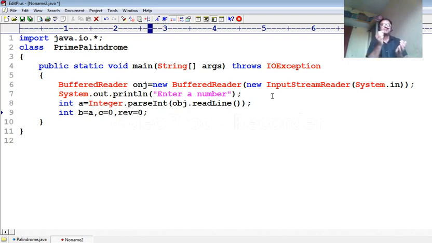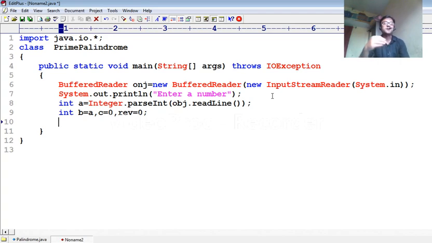So we need to count the number of factors. So c is used to count the factors and rev is used to reverse the number, because as per definition the number has 2 factors as well as reads the same in both directions, that means forward and backward. Backward means reversing. So forward is the original number and the reversed number we store in rev.